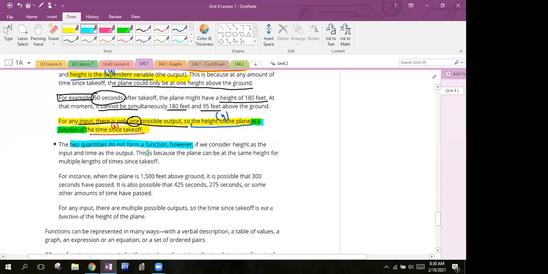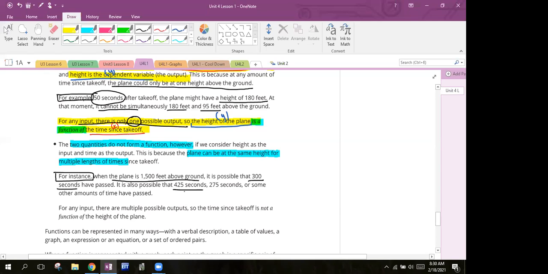It says it cannot be that way because the plane can be at the same height for multiple lengths of time. Okay, if you've ever been in a plane or you know how they work, you know once they get to their highest point, they're kind of coasting for a pretty long time. They're at the same height in the air for a lot of the time. So, for example, when the plane is 1,500 feet above the ground, it is possible that 300 seconds have passed,